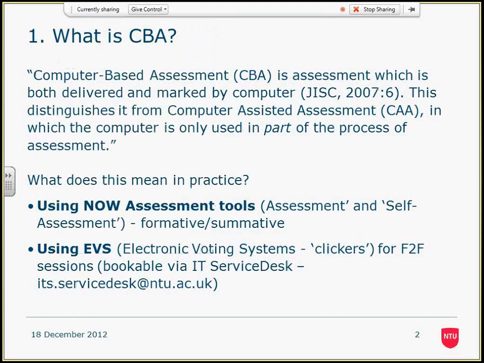Yeah, nice time. Good. So, okay, yeah, I put in what is CBA because you sometimes see, if you look